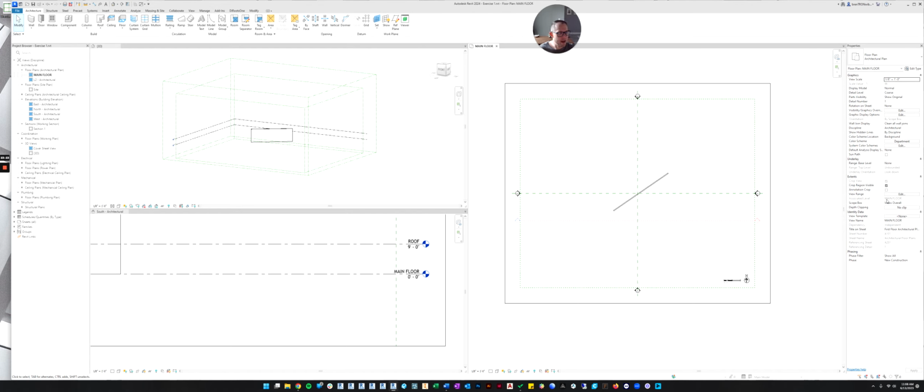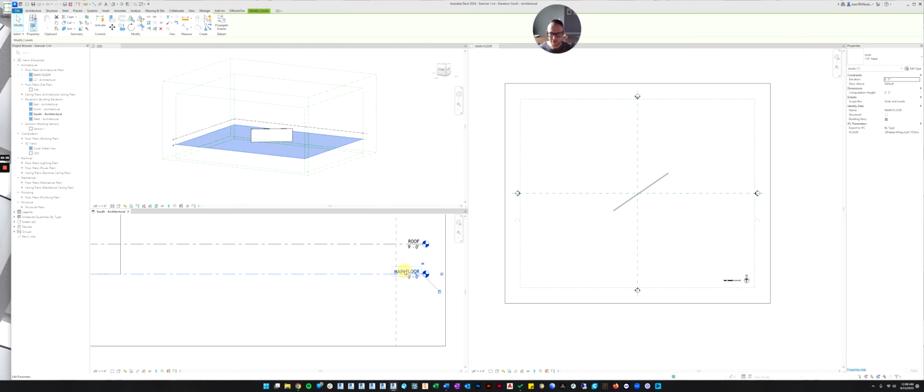Do you see how it says main floor? So it's telling you whenever you draw in this view, it's going to automatically draw on the level that's called main floor. So watch, if I change this name to test level, it will ask, do you want to rename the corresponding view?